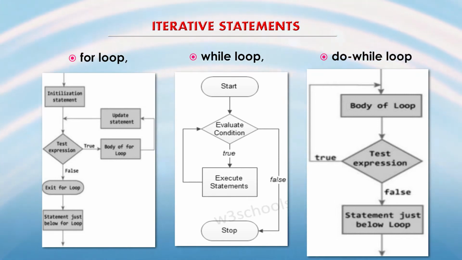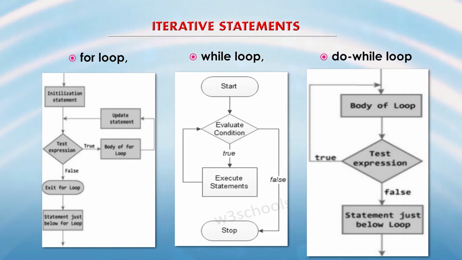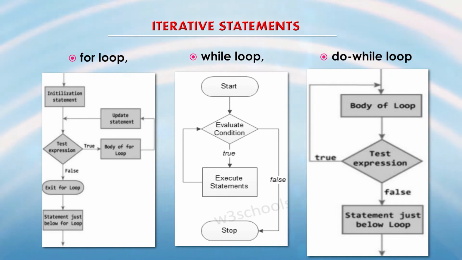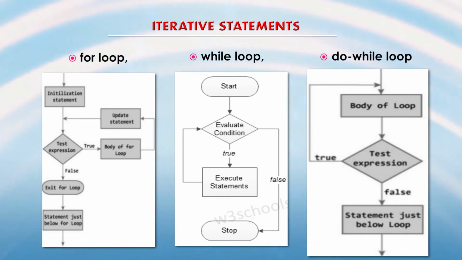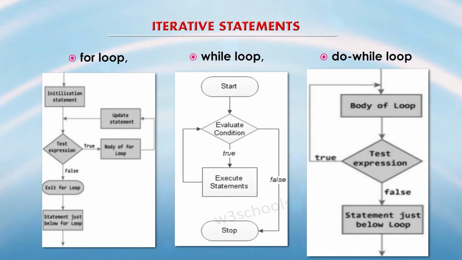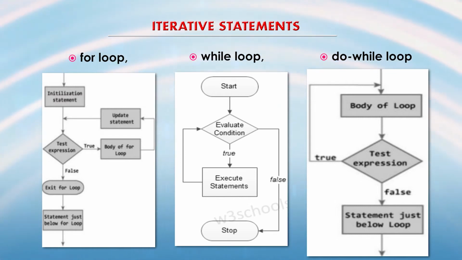Now, how does the while loop work? Some condition is tested: if this condition is true then do this, otherwise do not do it, that is, stop. So, there is a decision box, and while that condition is true you execute the set of statements, and if it is false then it stops.